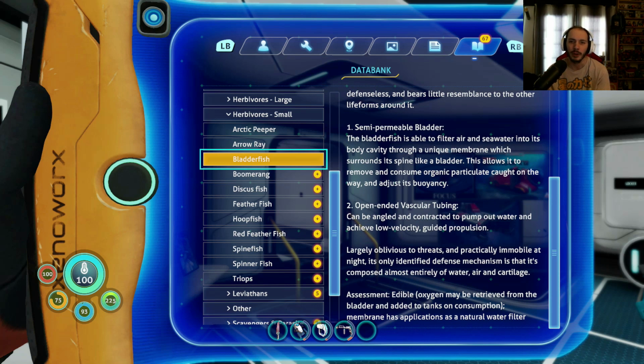Semi-permeable bladder. The bladderfish is able to filter air and seawater into its body cavity through a unique membrane which surrounds its spine like a bladder. It allows it to remove and consume organic particulate caught on the way. It adjusts its buoyancy. 2. Open-ended vascular tubing can be angled and contracted to pump out water and achieve low-velocity guided